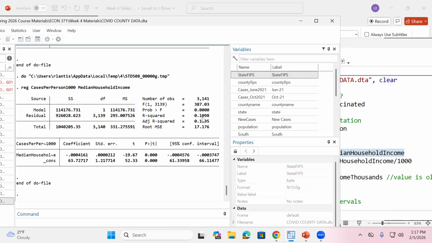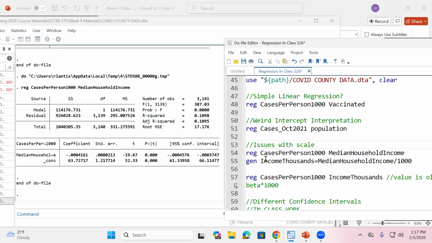Why? Because people with higher incomes probably had the likelihood of not working as much, staying at home. They might have had more resources available to them. They could avoid being in areas where they weren't essential workers. They didn't have to go to work, interact with as many people. And so we end up there having household income was a better predictor.